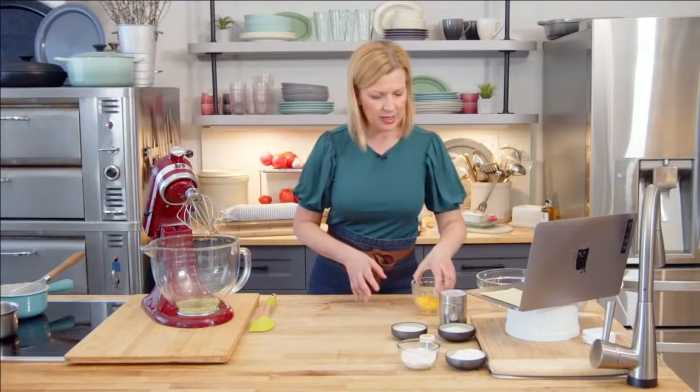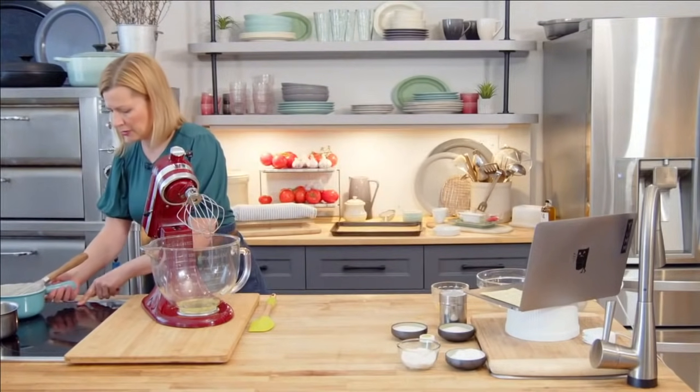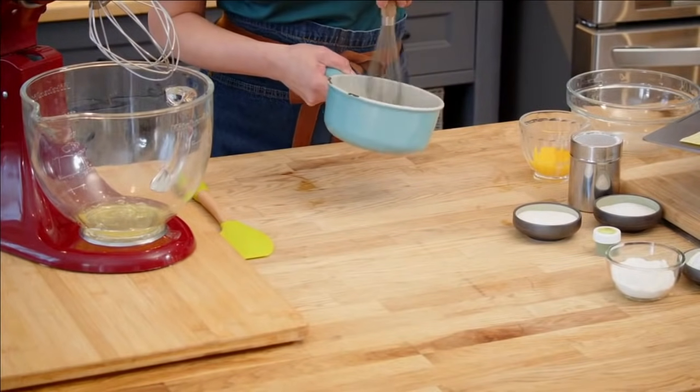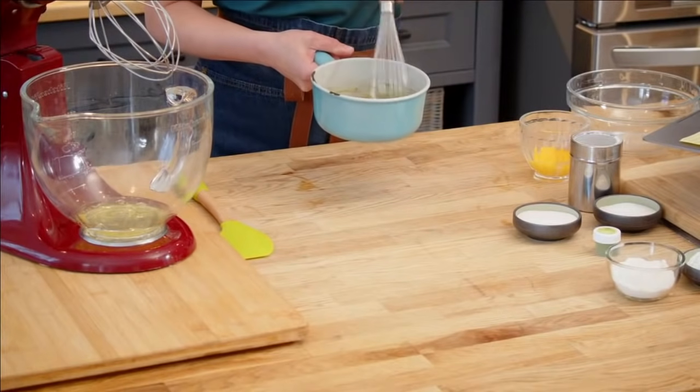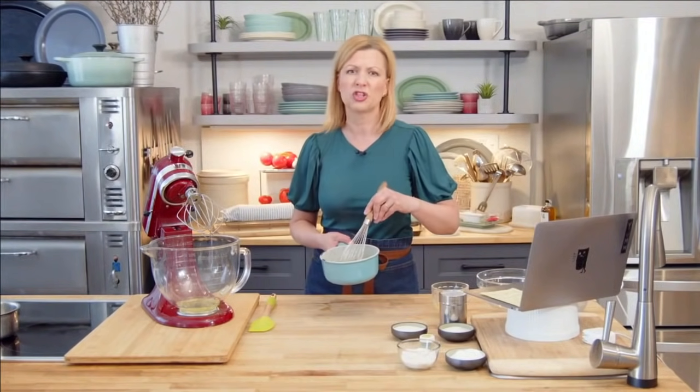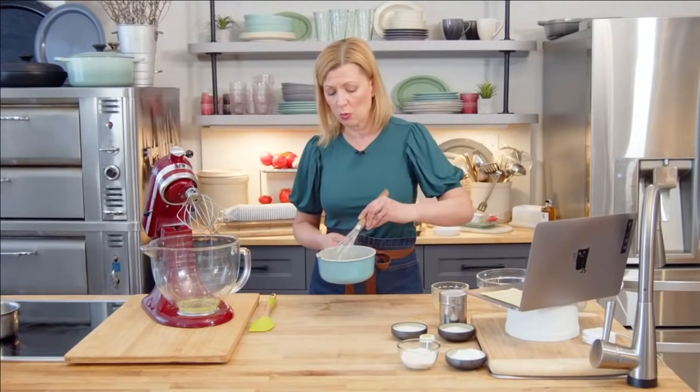So we've got the 3 whites in the mixer, and now I'm going to pull my matcha milk off the heat. You can work with it in this recipe warm. That doesn't mean I want it terribly hot. In fact, I'm going to transfer this to a bowl just to cool down a little bit, because while a